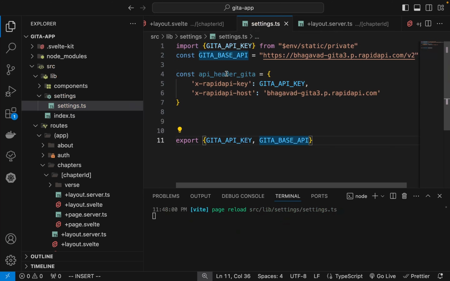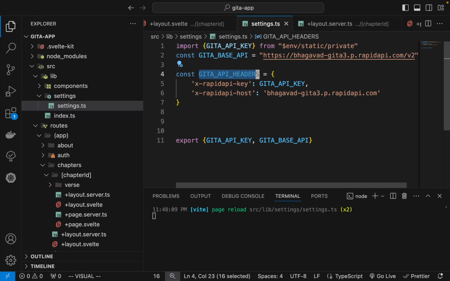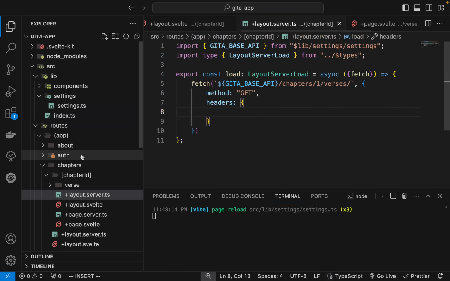So Gita API headers, and let's export it